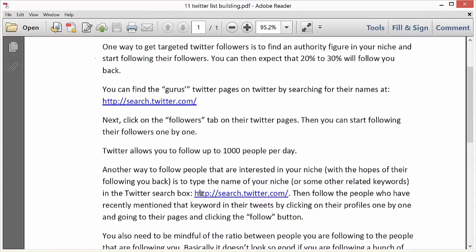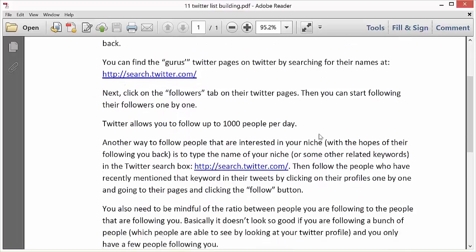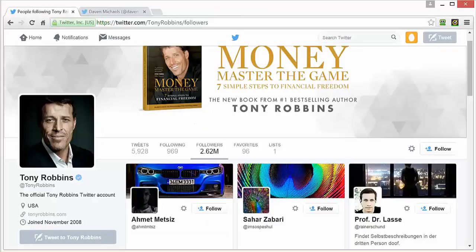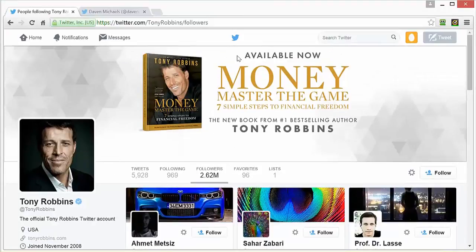Okay, another way to follow people that are interested in your niche, with the hopes of their following you back, is to type the name of your niche or some other related keywords in the Twitter search box, search.twitter.com. Then follow the people who have recently mentioned that keyword in their tweets by clicking on their profiles one by one, going to their pages, and clicking the follow button. So let's see what that looks like. So let's go back to search.twitter.com